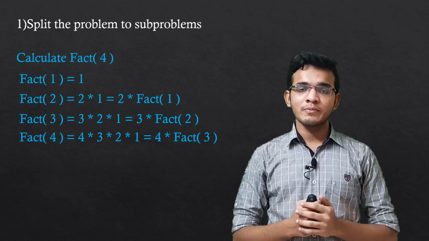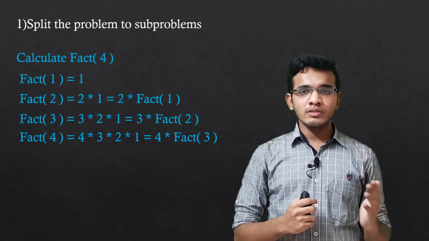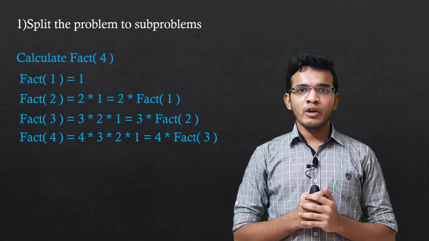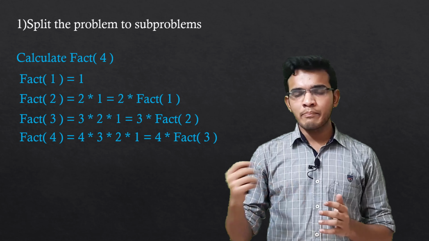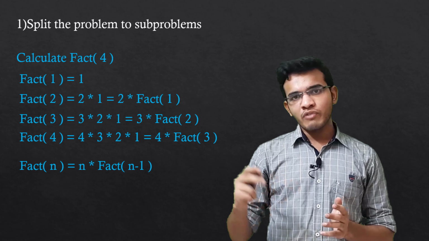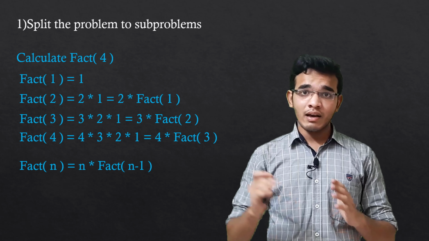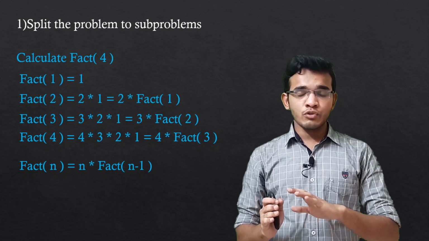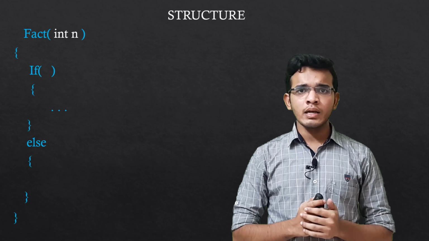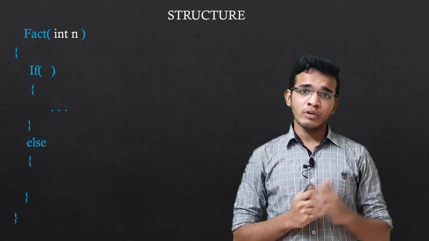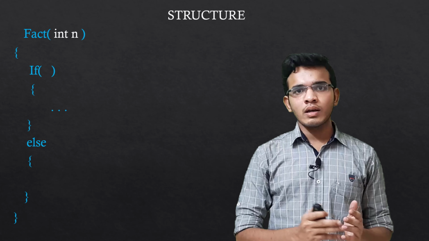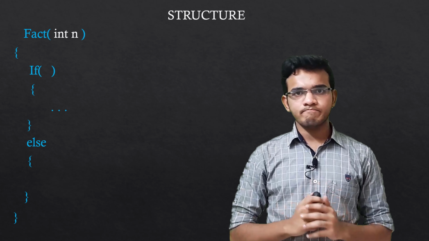What has happened is, based on the values that I have known, I derived the value that I want to know. So here you could derive a certain pattern: factorial of n could be n into factorial of n minus 1. So this is our recursive function, which we could generically use for any of the programs. And as we have discussed, we have to place this particular recursive function in the else block.